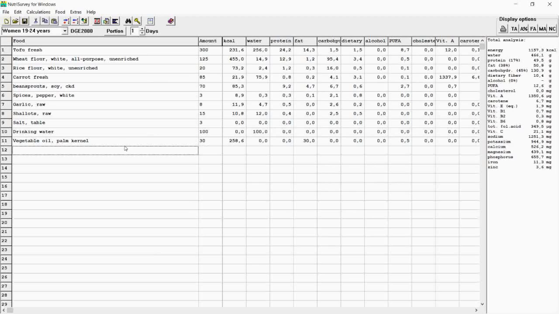Now this is the standard recipe for fried tofu with vegetable filling. This is the total analysis. This recipe is for 6 tofu.